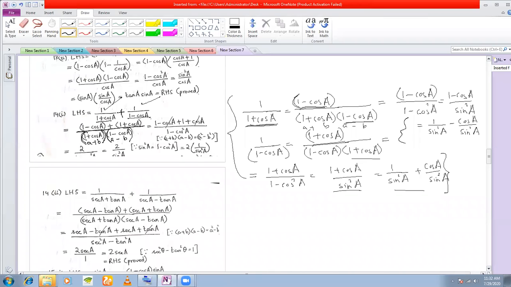Or you can take the LCM, because the denominator here is very, very convenient. Denominator here you have 1 plus cos A and 1 minus cos A. If you take the LCM, you are actually multiplying A plus B into A minus B, which is A square minus B square, which is 1 minus cos square A. And you know 1 minus cos square A is sine square A. See what I have got? I've got 1 minus cos square A, and in the next step I have got denominator as sine square A. Clear? The technique.